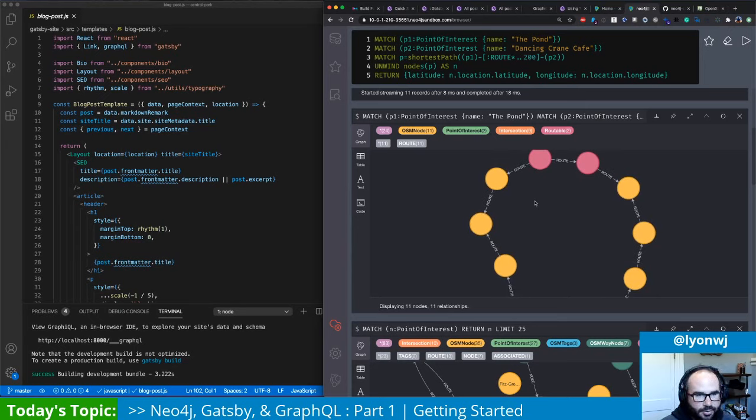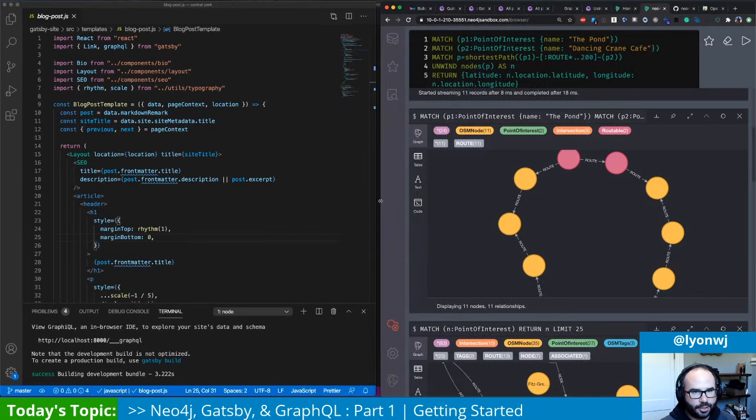Okay, so we've got our data in Neo4j. We kind of know that what we want to make available out of Neo4j and Gatsby, the points of interest and some of this routing stuff. Okay, great. Now we need to create a GraphQL API that is going to expose this data in Neo4j to Gatsby. So let's switch over